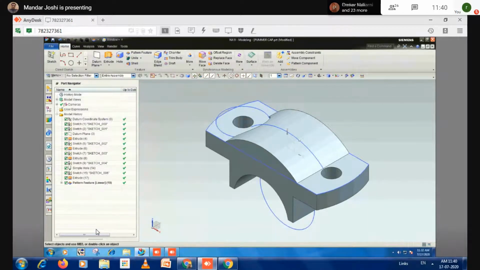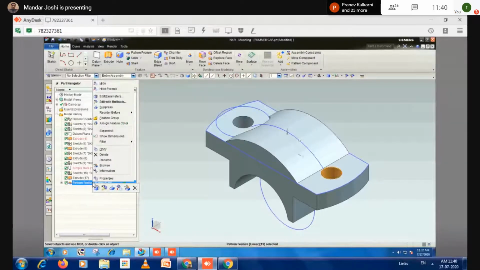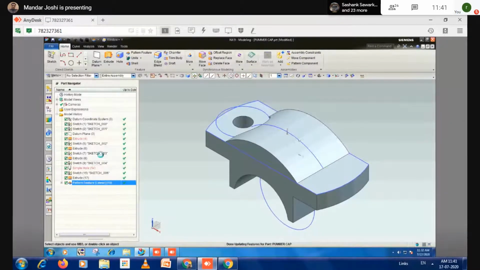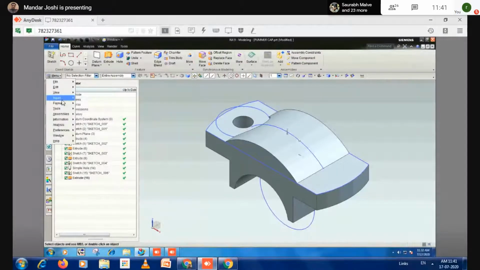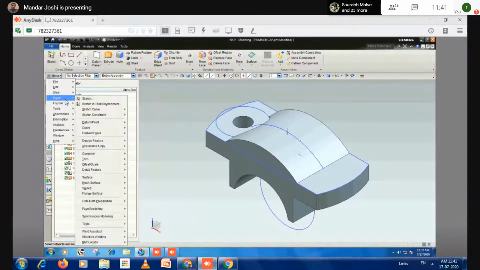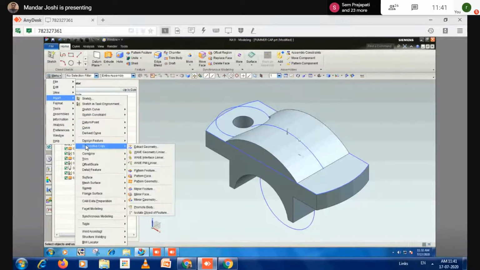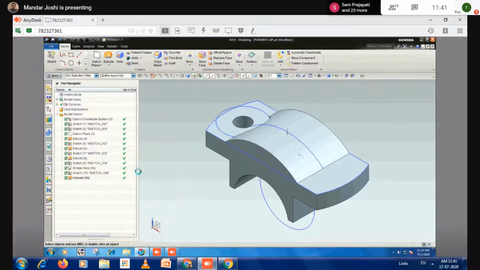Okay. So this is the directional pattern. I will repeat. I just delete this pattern. Select the pattern command from menu: Insert, Associative copy, Pattern feature. In the pattern feature, you have to select the feature first.